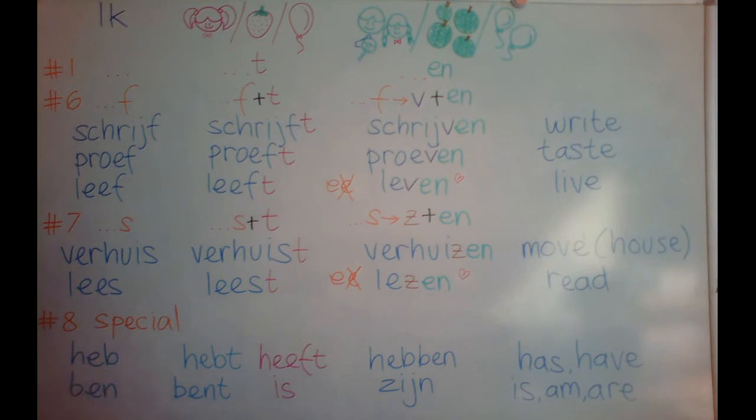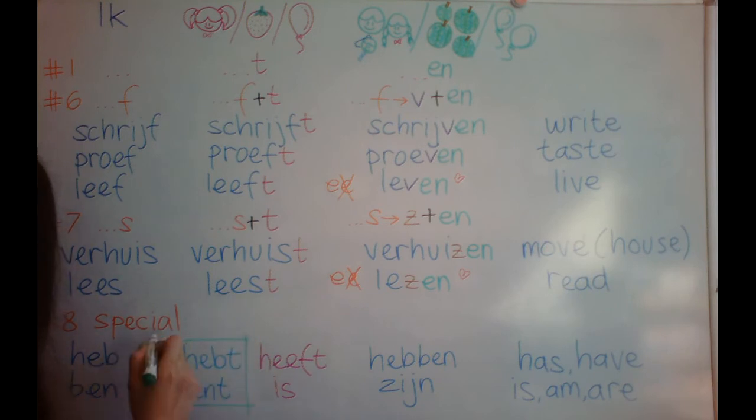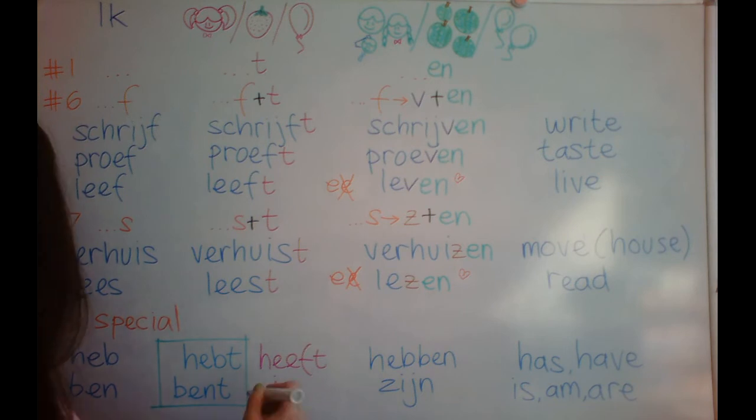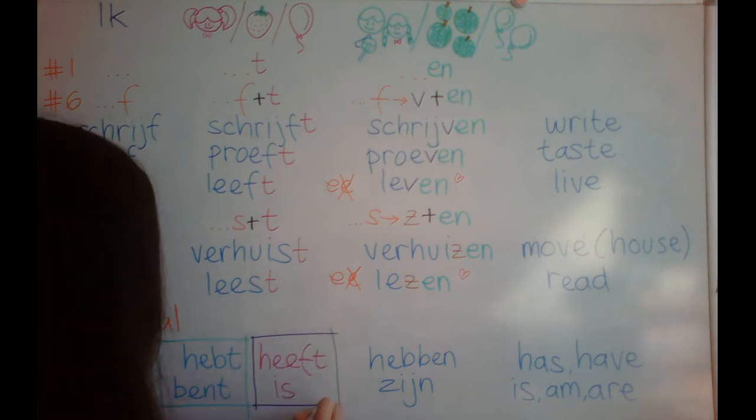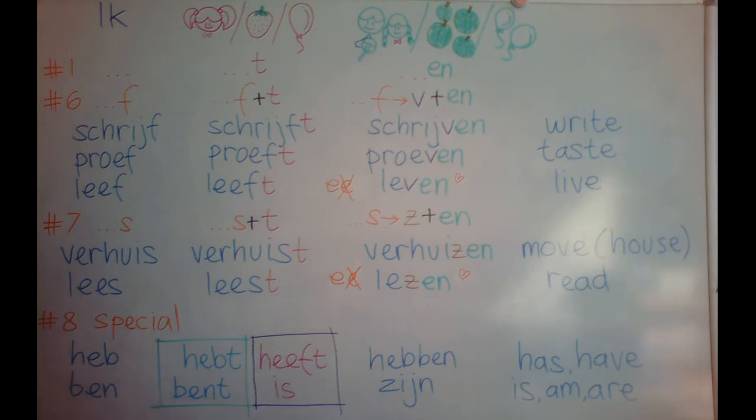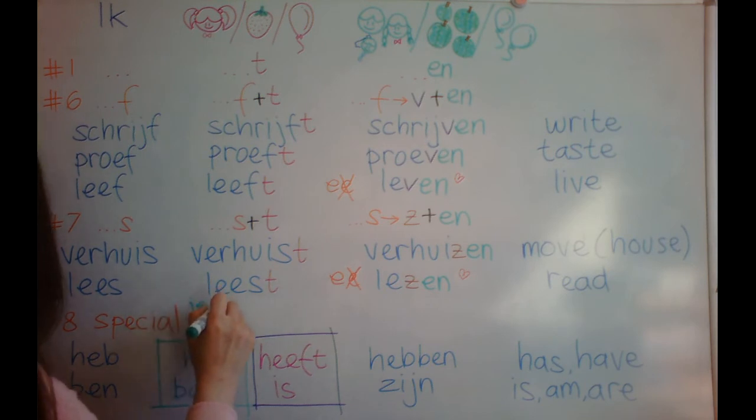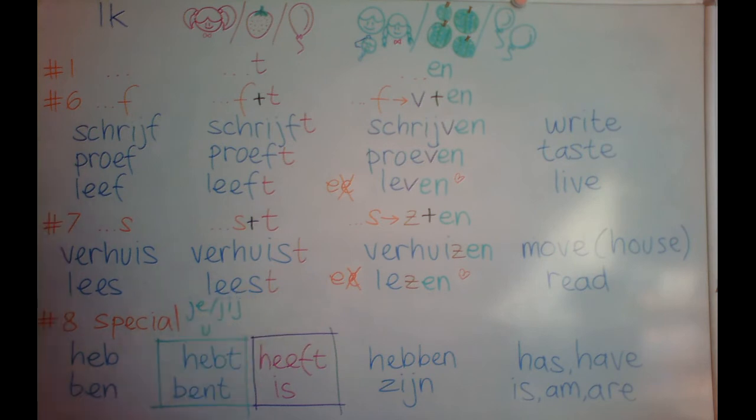And number 8, this is special because the rule is these words. There's no pattern or something like that, it's just these words. And I will make a box here. Yeah. And I will make a box here. This box is used for je or jij or u. This is you, but this is